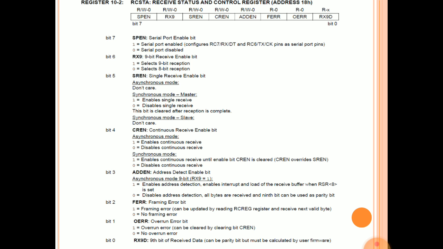Bit number 0 is RX9D, that is the ninth bit of received data. What is the ninth bit? It is received and it is stored in RX9D.